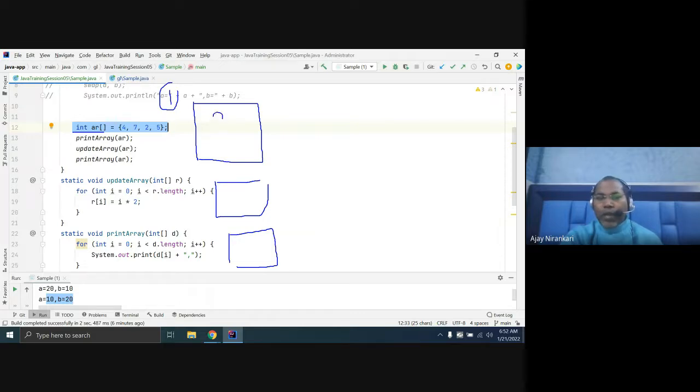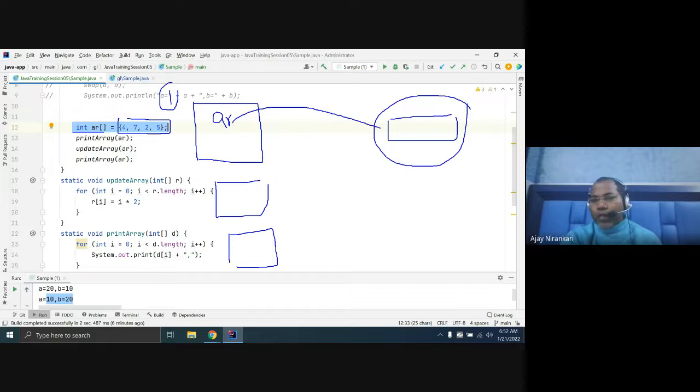This AR variable is created here, but this is an object. Objects are not stored in the stack memory. They are stored in the heap memory. Heap memory is created. AR just refers to this array object, which has multiple values.